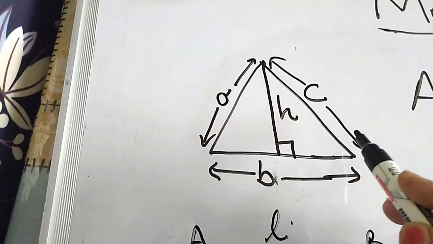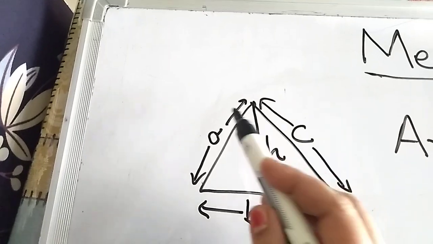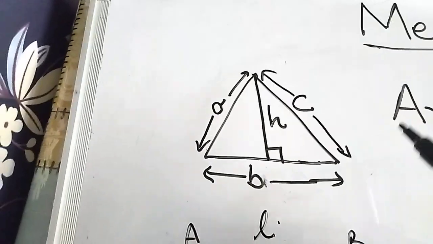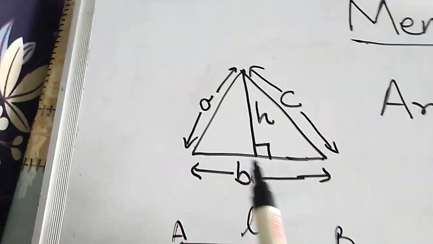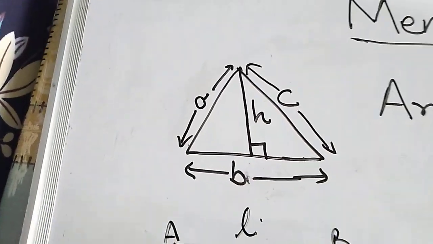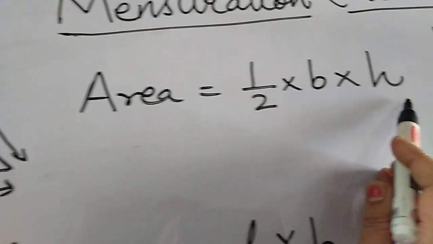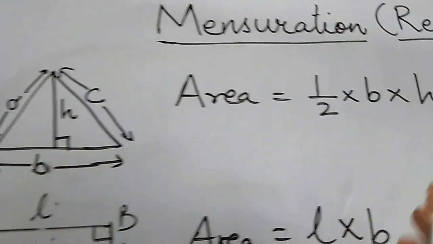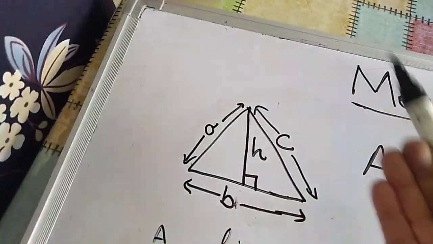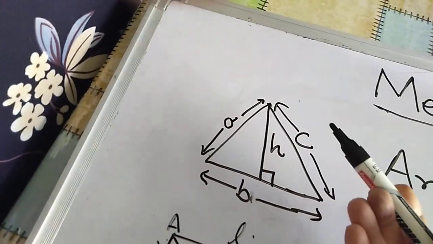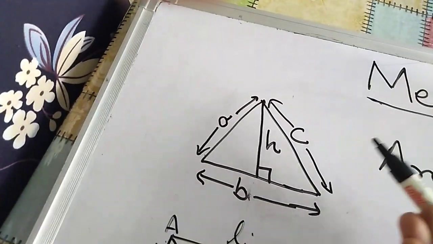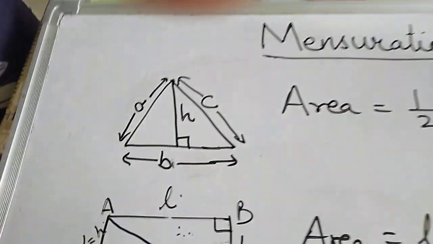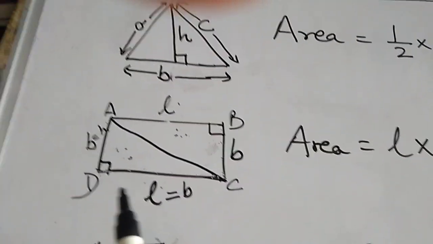This is a triangle. Yes, you can convert it into some other figure, a four-sided figure, by making another triangle. So base into height will be the area of that figure, and the triangle's area is always half multiplied by base multiplied by height. Clear? Why half base into height? I hope you've got the concept, because when we add one more equal triangle to a triangle, it can form a four-sided figure, which may be a rectangle, a square, or a parallelogram. Yes, we'll come to parallelograms later. So I hope this is clear.